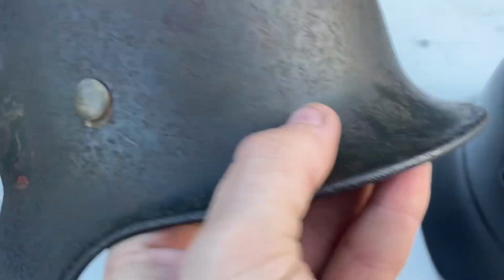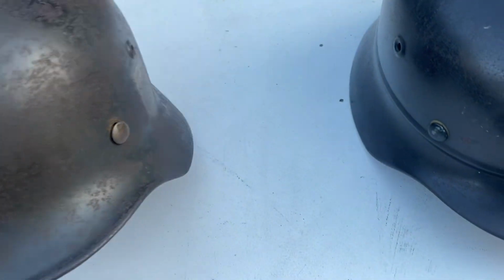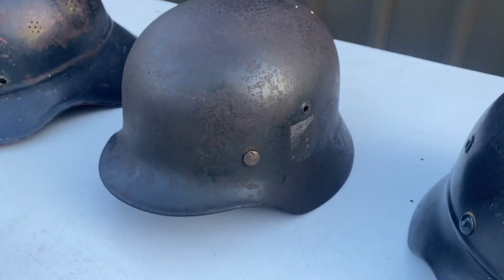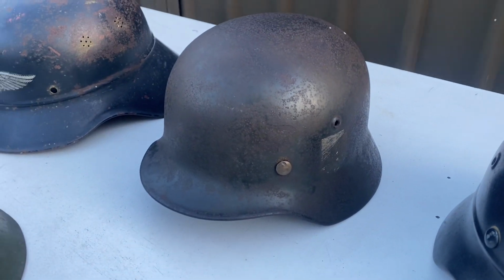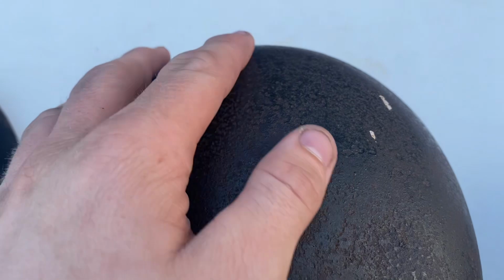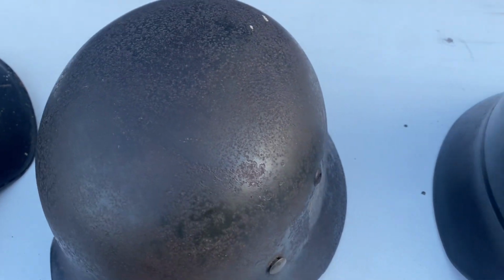Next to those I have an original Quist size 64 double decal M35. You can still see the remains of the Heer decal, the army decal, and the remains of the tricolor decal. The red, white and black are visible. This one was found in a shed by a family friend with an Australian World War II helmet, and he very kindly gifted it to me. Unfortunately it is in semi-relic condition. It's quite pitted around the top,